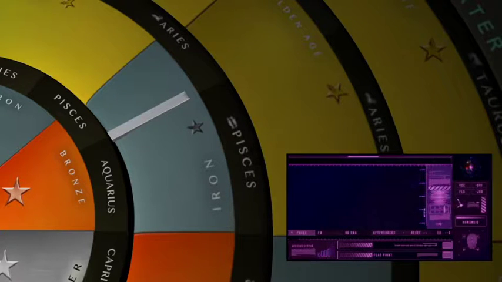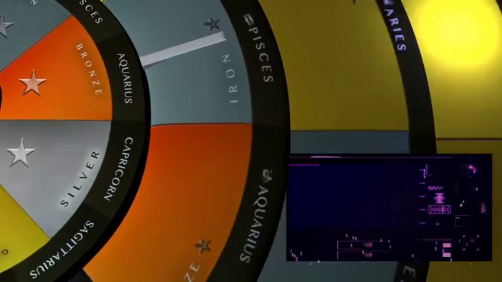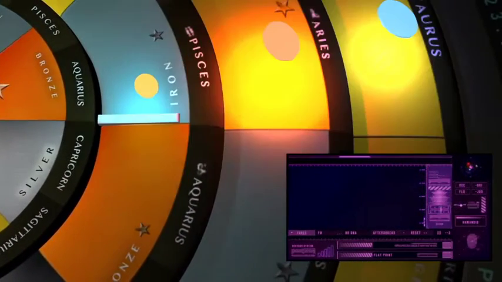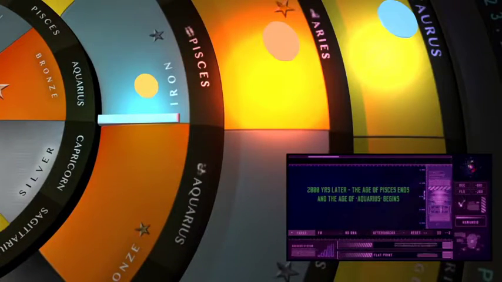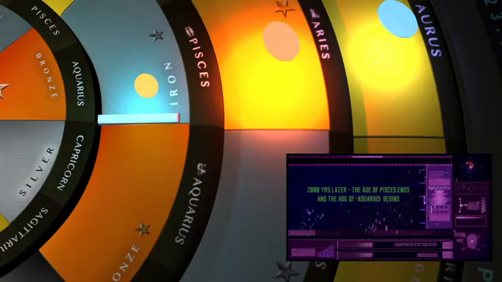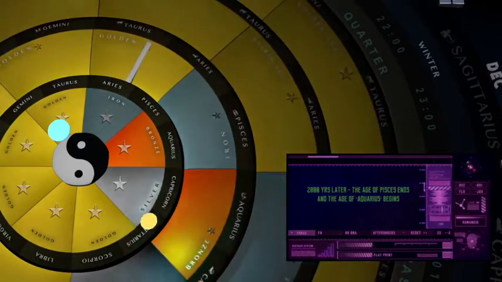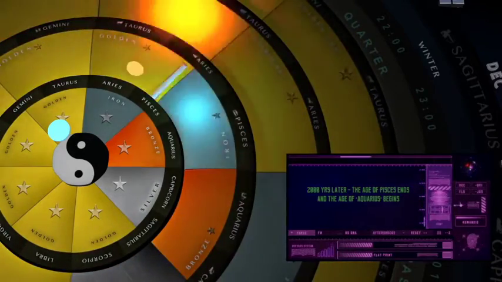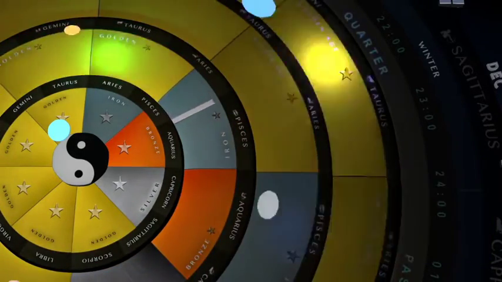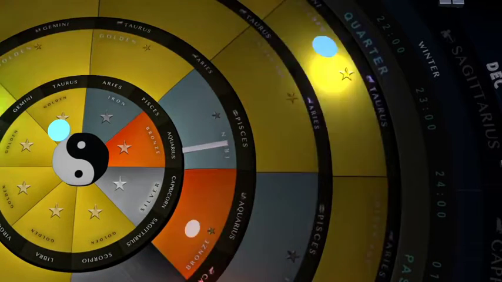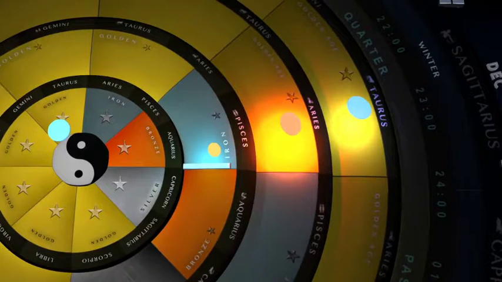And once again, as we reach the end of the Jesus fish Piscean age, we now see the effects of the new water Aquarian age. Aquarius, of course, is symbolized by the mixing of waters. It is the age of mixing, discovery, disclosure, and technology. If we were to set this calendar to today's date, we would be sitting at just before quarter past reset.